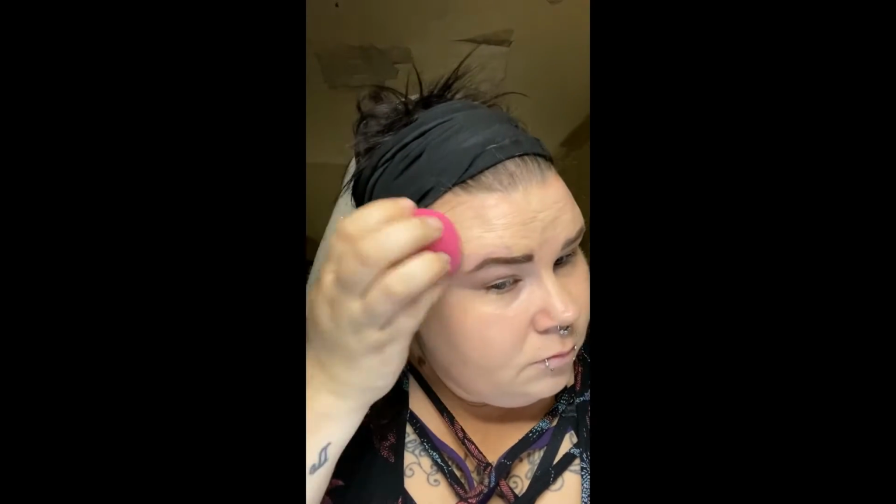Make sure that you blend it nicely and that you don't mess up any brows that you might have put on beforehand. And if you do, it's not a big deal. We can go back and we can fix that. All right, now that you've done that,